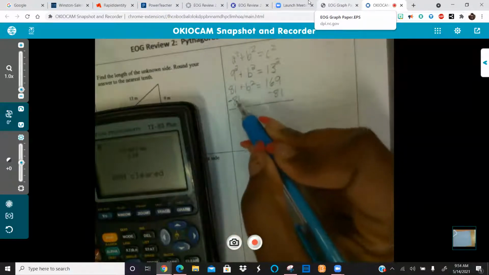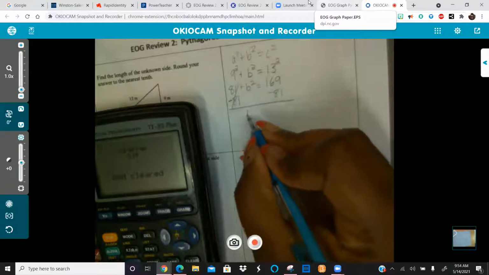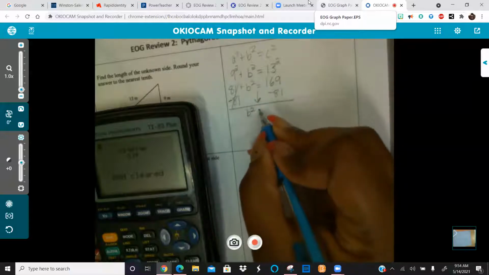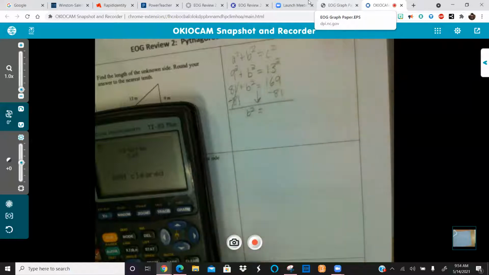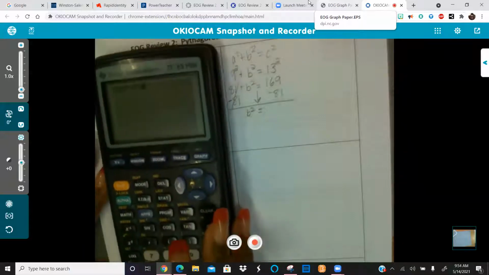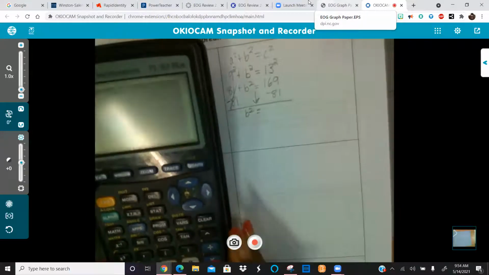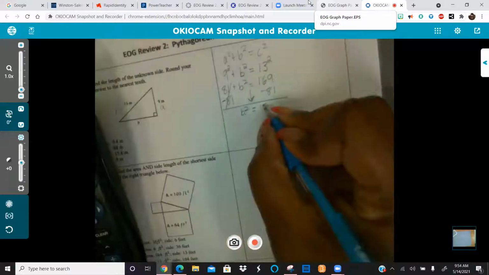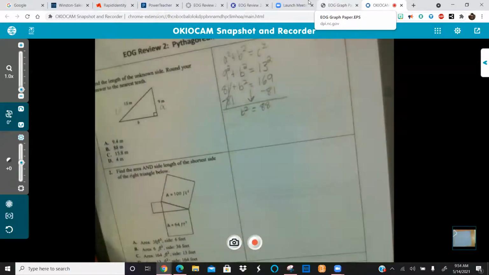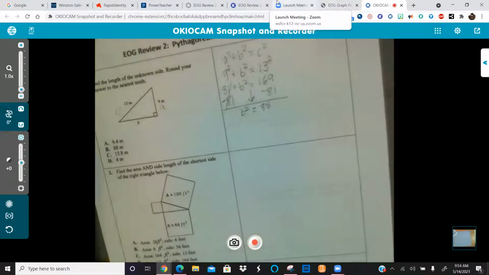So now 81 minus 81 is 0. So we're left with the B squared on this side. And now we're going to type in 169 minus 81. 169 minus 81. And what does that give us? 88. Okay, so your last step here,